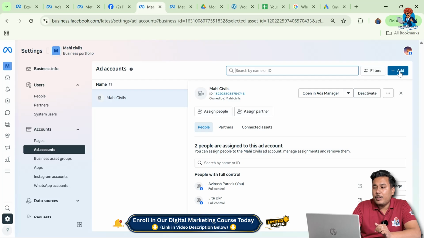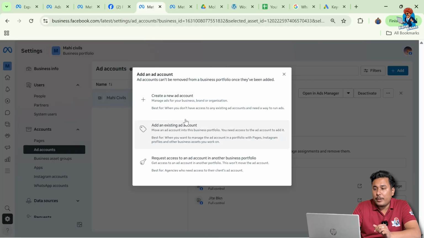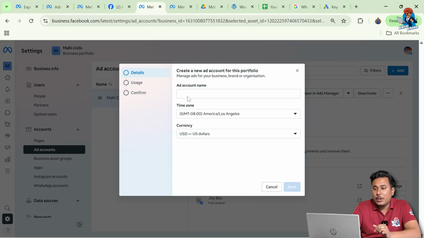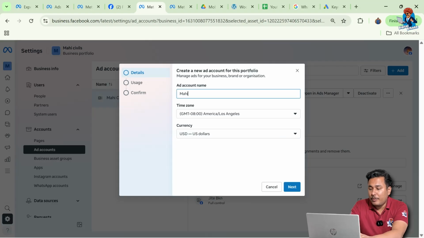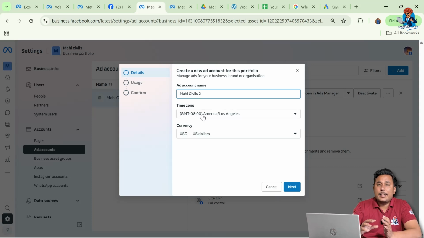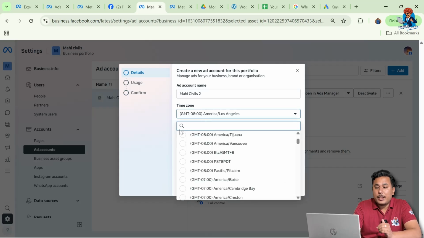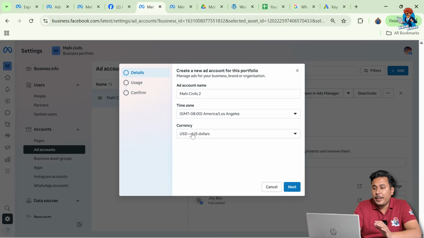You can simply click on add over here. When you click on add, choose create a new ad account. Here you can enter the ad account name. So I want Mahi Civils 2. Okay, here you can select your time zone, like which time zone you belong to. You can simply select it over here and you can enter the currency